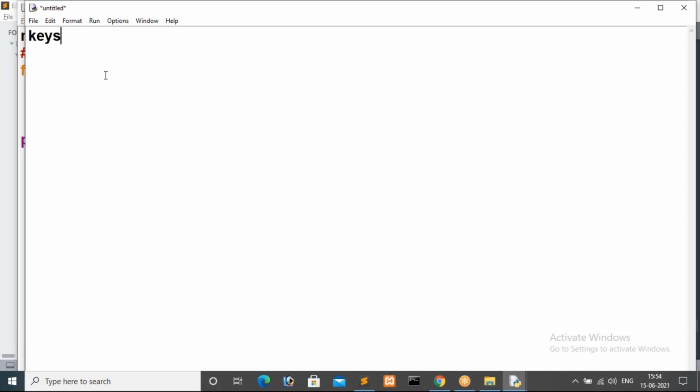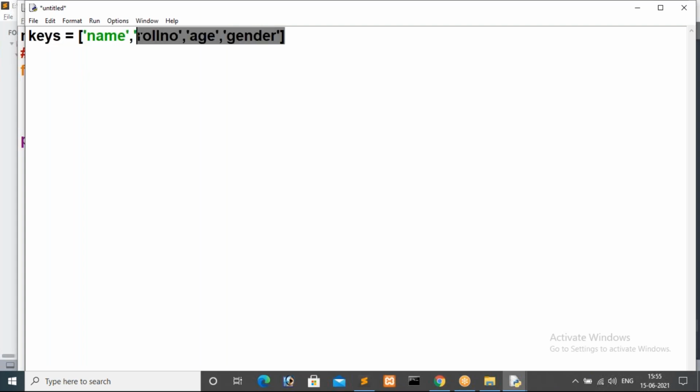Those are keys, instead of names I have keys. So it's better to specify keys is equal to, I'm going to create a list of keys here. I want to maintain name as a key. Another one I want to maintain is roll number as a key. Another one is the age, that is also one key. Then another one is the gender.